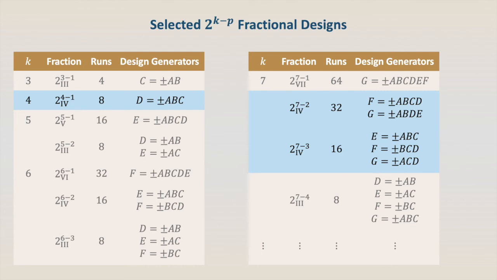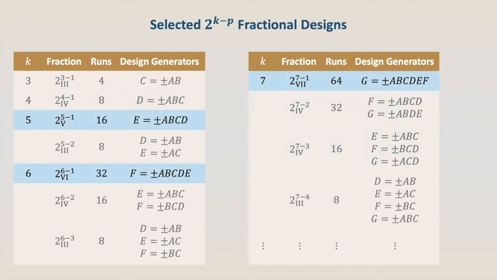In Resolution 4 designs, we can easily distinguish the significant main factors. However, the two-factor interactions are aliased to each other. They can be handy as screening experiments to choose, for instance, which factors will be used in an optimization design. And finally, we have Resolution 5 and higher designs. In these, we can draw reliable conclusions on both main effects and two-factor interactions.